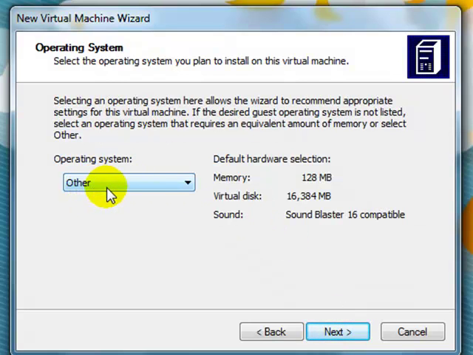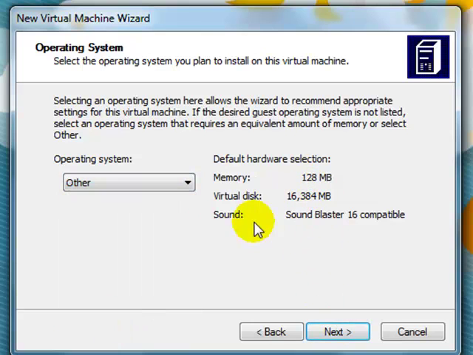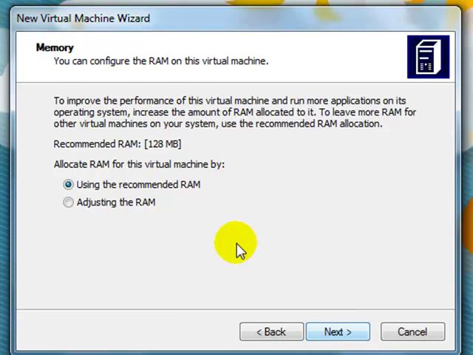Alright, now it's Other, because 98 is the only one I see in there, but I don't see 95, so we're just going to keep it as Other. Then it should pop up for the memory. Next. Okay, now you want to change this right here,